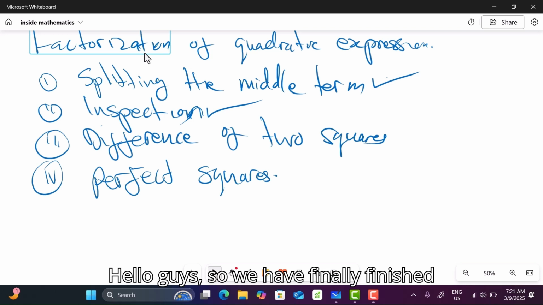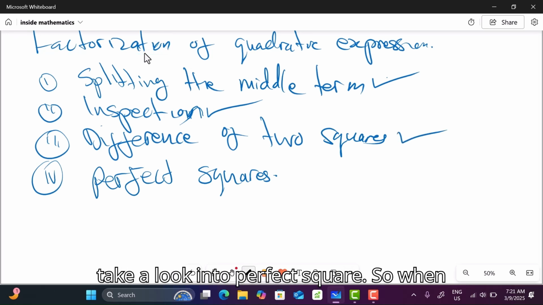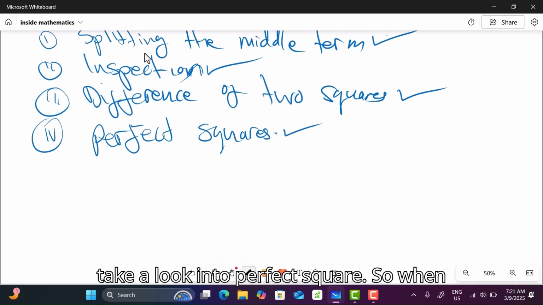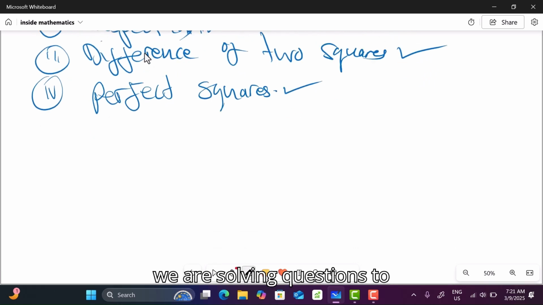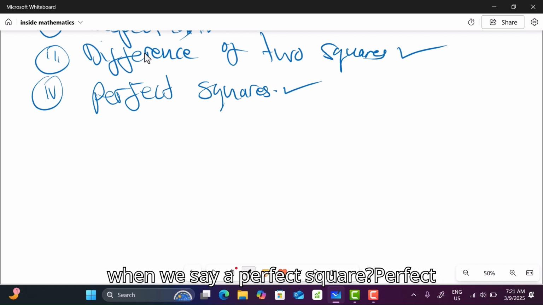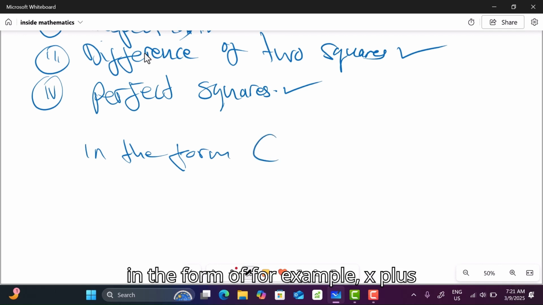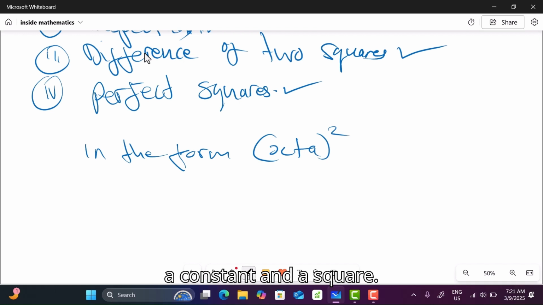Hello guys, so we have finally finished difference of two squares. Now let us take a look into perfect square. So when we are solving questions to form a perfect square, what do we mean when we say a perfect square? Perfect square is solving and leaving your answer in the form of